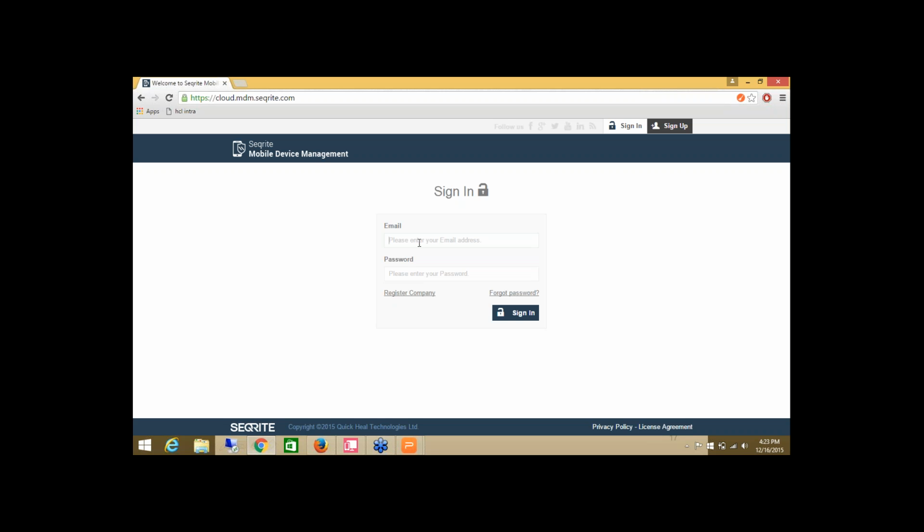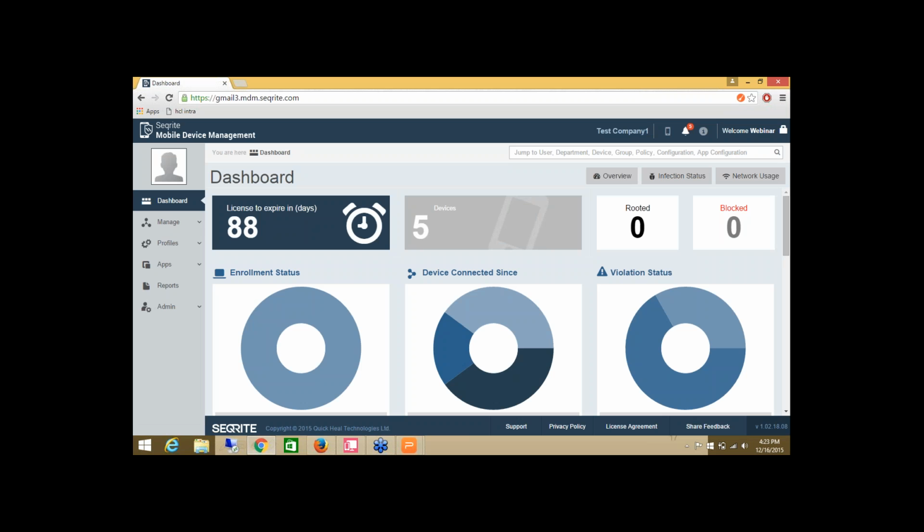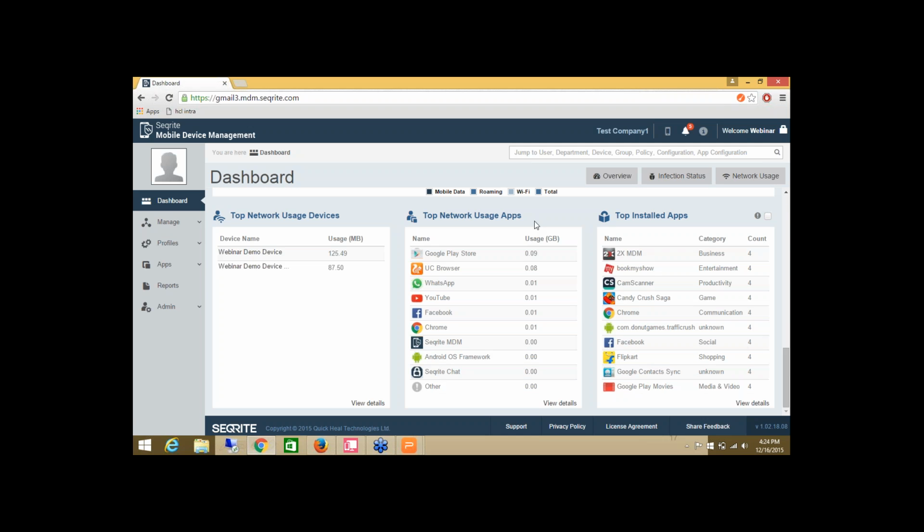I'll just log into our MDM mobile device management portal as an admin. As you can see, this is the dashboard of the Seqrite mobile device management, in which we are displaying the top network usage applications and top installed applications as well.